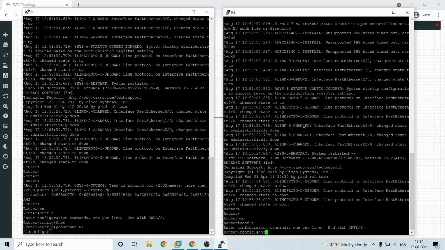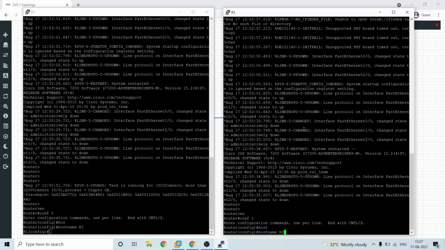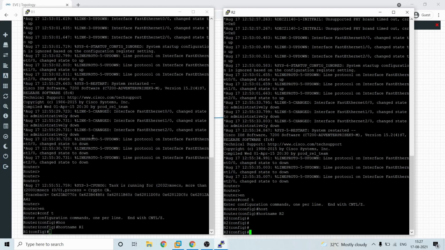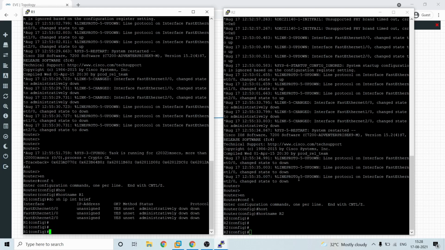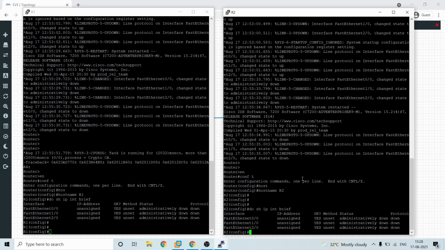Hostname R2. Okay. Now I'm going to configure the interface. Just see what the interface is configured. We haven't configured anything. I'll show here as well. So here also we haven't configured anything.